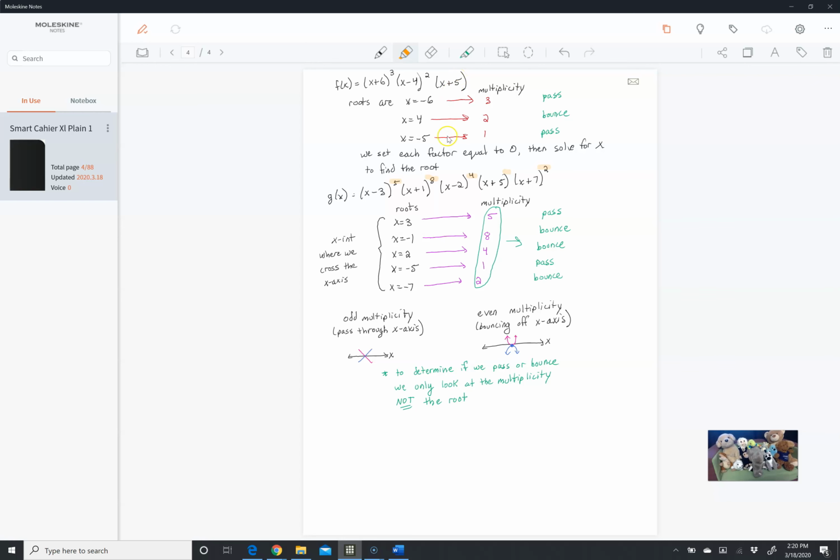The same thing would be true here. X minus 3 to the 5th would give us an x to the 5th. X plus 1 to the 8th would give us an x to the 8th. X minus 2 to the 4th would give us an x to the 4th, and so forth. So if we want to find in standard form what the degree is, we can take the sum of the multiplicities, okay? So the degree of a polynomial